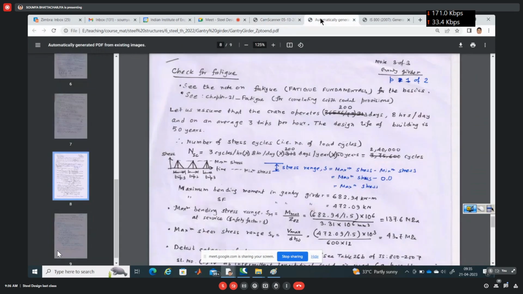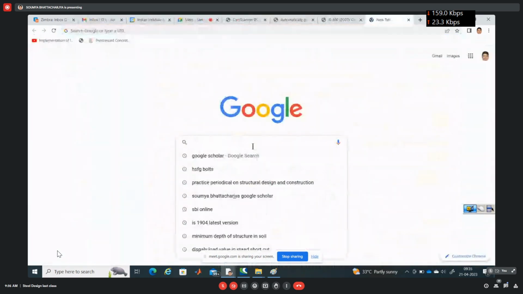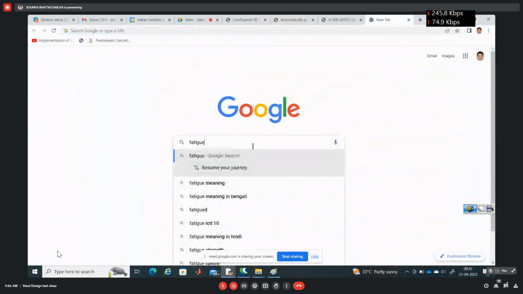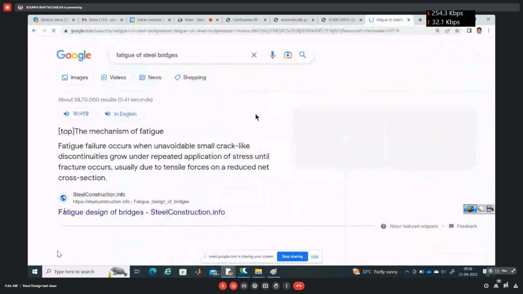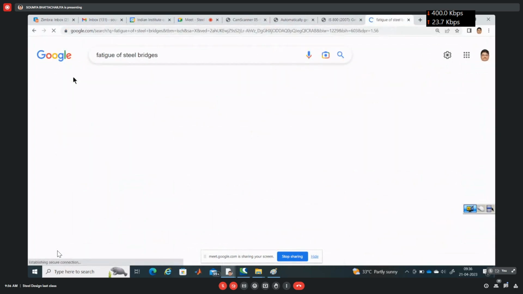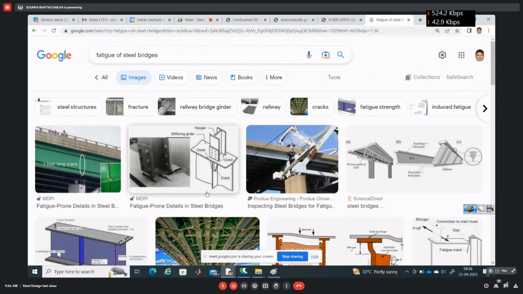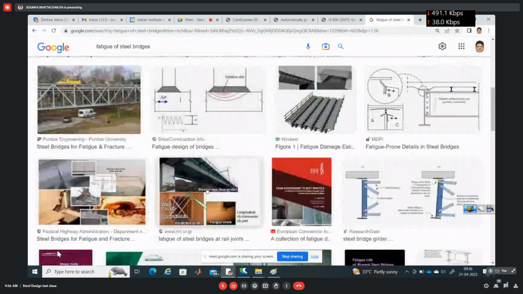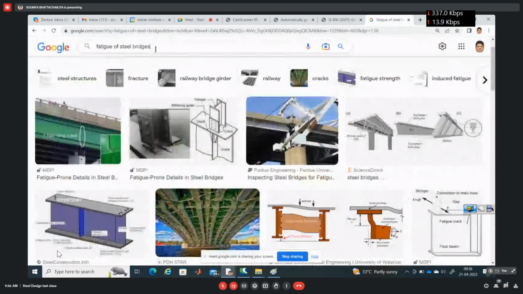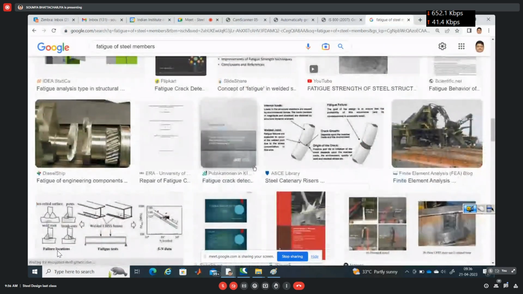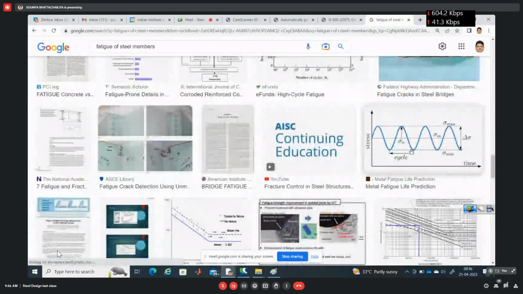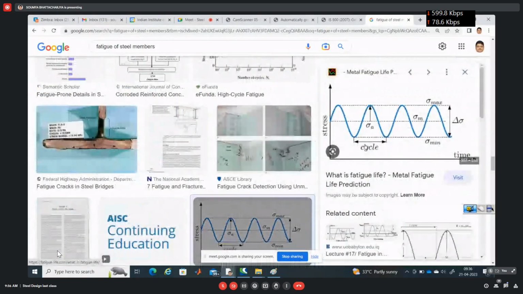In the check for fatigue, fatigue of steel structures, steel bridges, say, or gantry girder, you see what happens for gradual repetitive loading. If it is subjected to repetitive loading